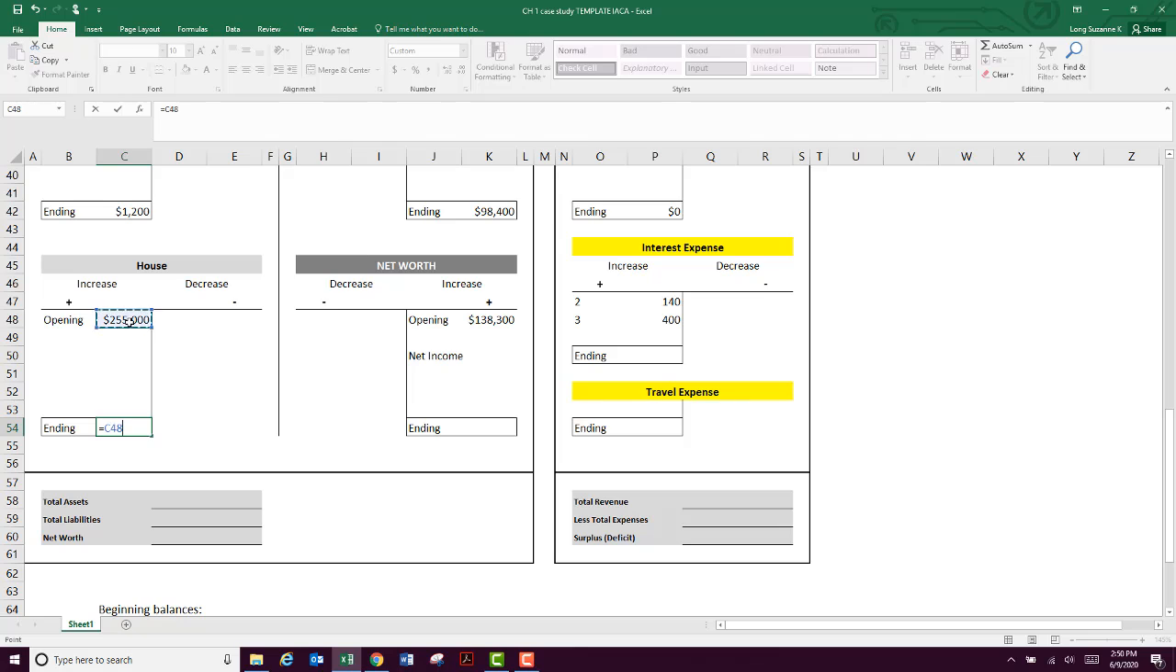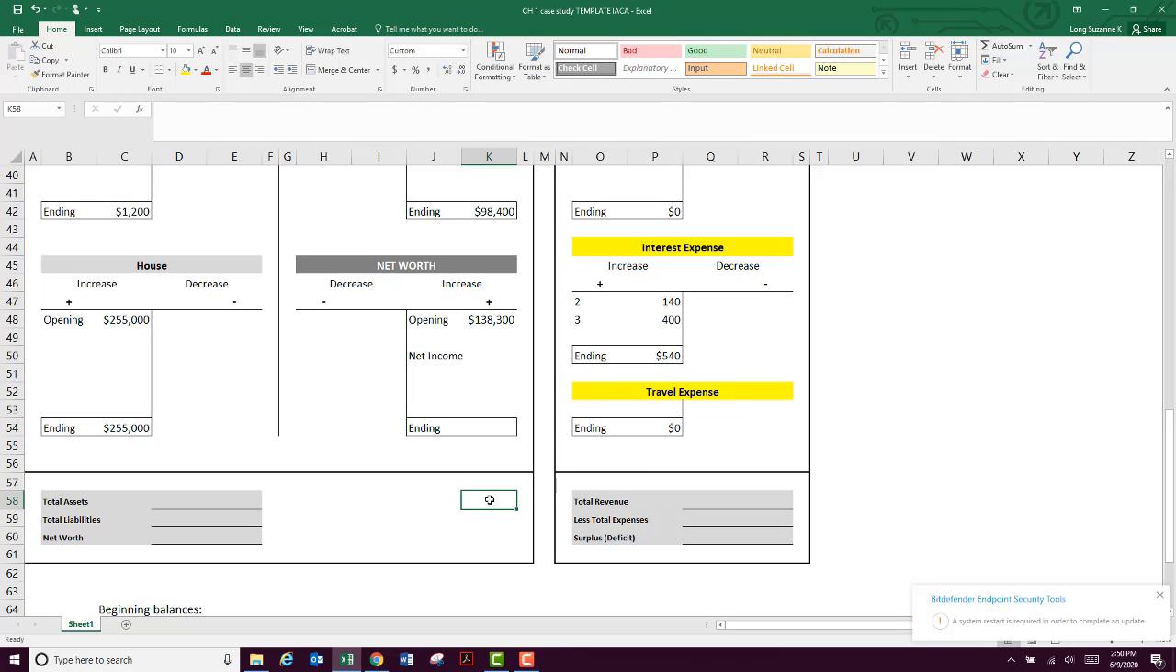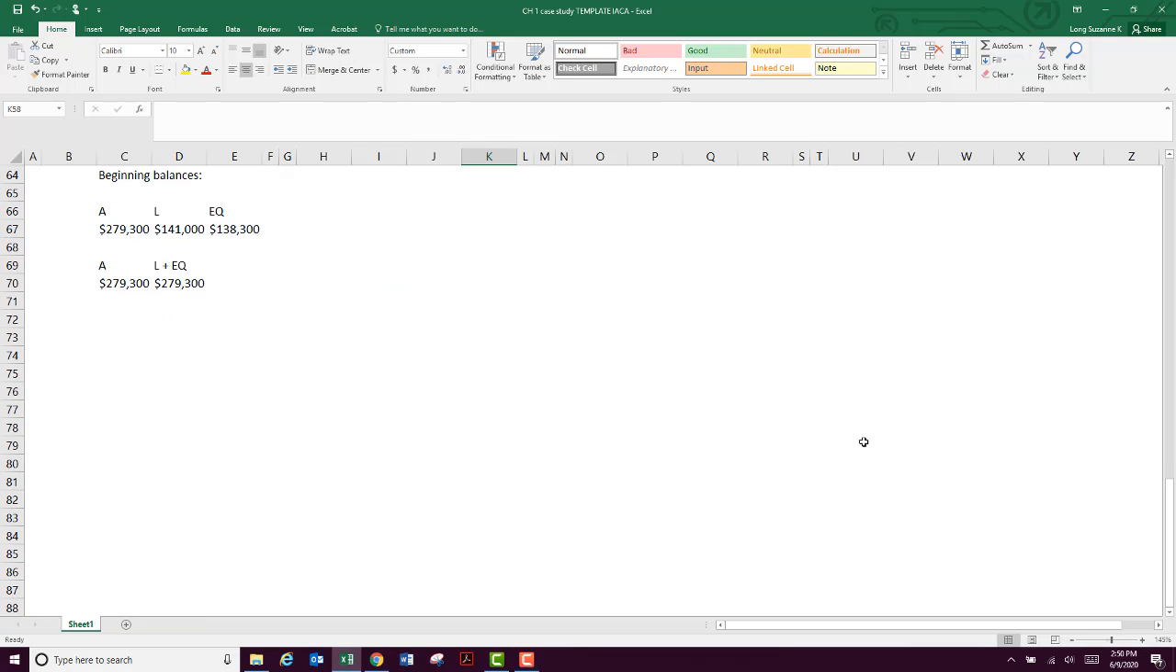House, net worth, hold that thought. Interest, we're going to add. Check this out, 2 on the same side. That one plus that one. Travel, again, why did they even include that? Okay, so,